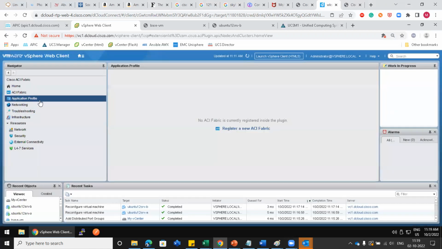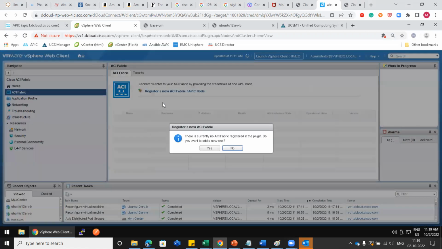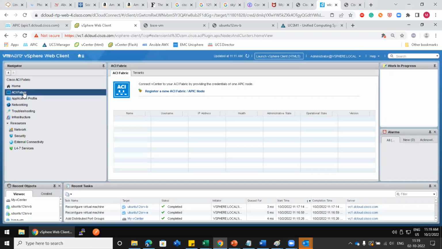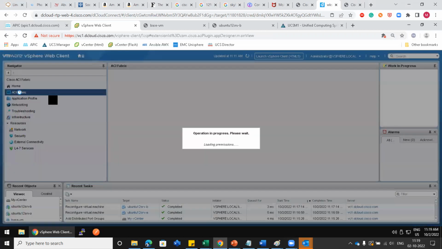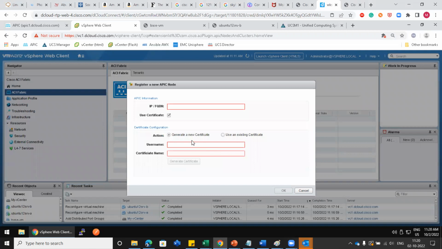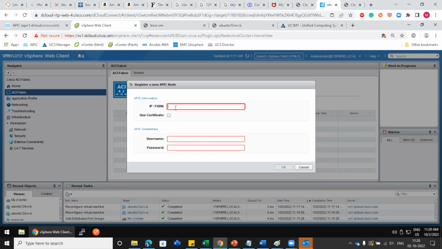Just give me a second. There might be a register new ACI Fabric option. If I go to register here, use certificate. I'm not going to use a certificate, I'm just going to use username and password. So apic1.dcloud.cisco.com. To register it,